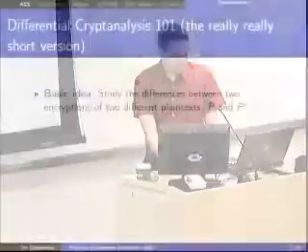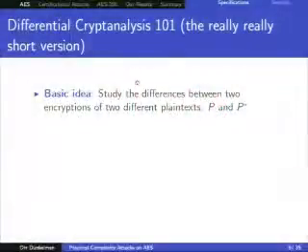Okay, so this is a very crash course on differential cryptanalysis. Differential cryptanalysis is a method to attack or cryptanalyze block ciphers. It was introduced in the 90s by Biham and Shamir, and its basic idea is, instead of looking at a specific value and trying to determine the key by looking at its decryption, you look at pairs. So you take two encryptions, P and P star, and then you look at the differences and how things behave.